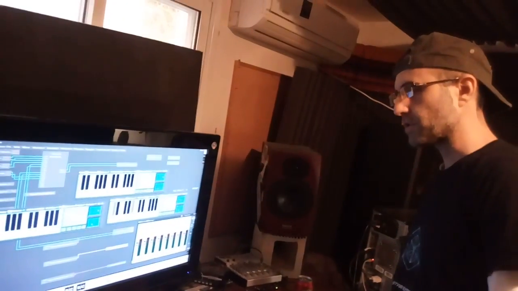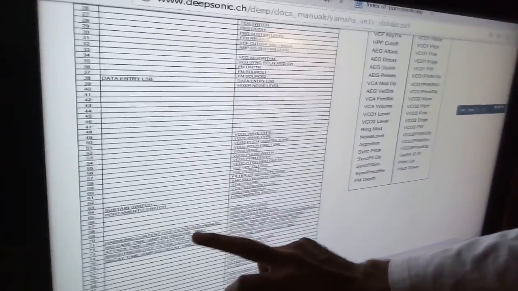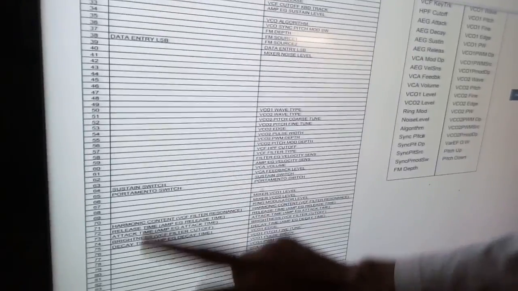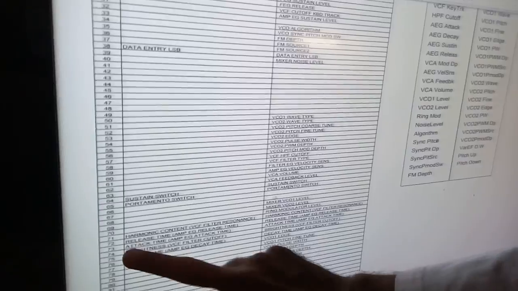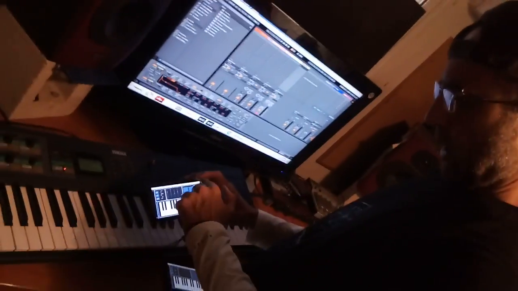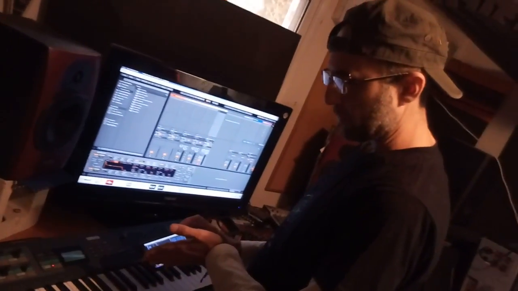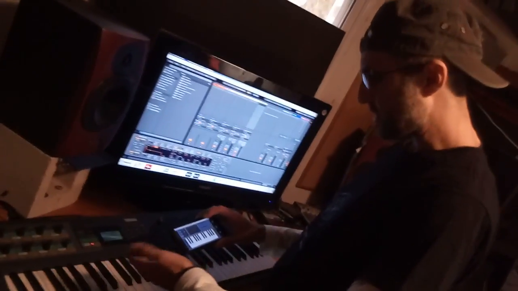On the Yamaha, there's no MIDI learn, so I just went online, looked at the MIDI CC chart, and I took out the resonance and the filter cutoff. They call the resonance harmonic and the filter cutoff brightness. So more power to you, Yamaha. Anyways, so the XY number 1, X is connected to the filter cutoff and Y is connected to the resonance, just for the example. So if I play now,